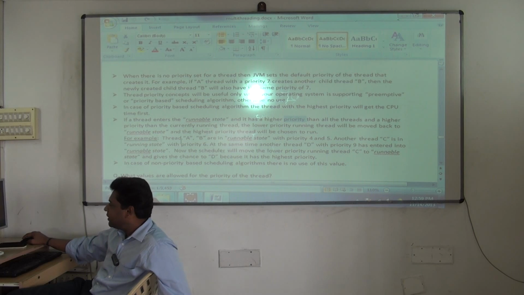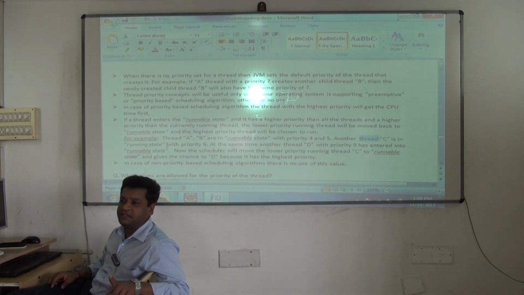So here, for example, threads A, B are in which state? Runnable state. A and B both are in runnable state. Another thread C is in which state? Running state. So two threads A, B are in runnable, C thread is in running. Priority of A, B is what? 4 and 5. Priority of C is what? 6. Priority of A and B is 4 and 5. Priority of C is 6. A and B are in runnable, C is in running. Now